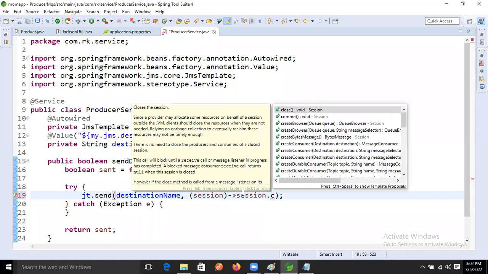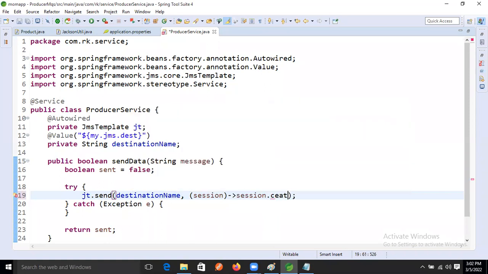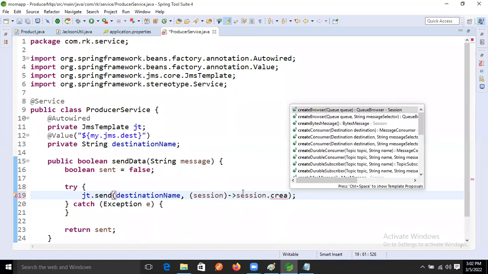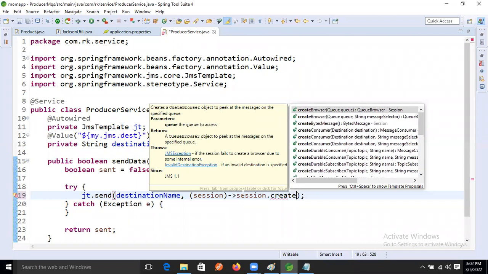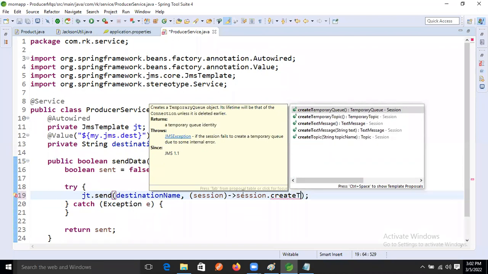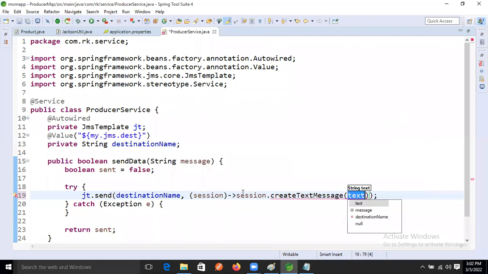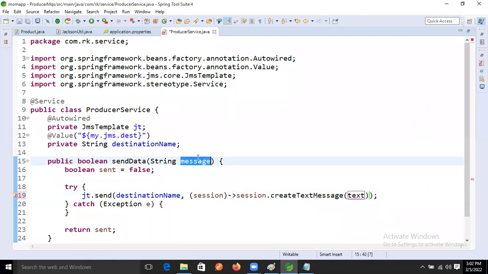Inside this one, create text message with the argument, and this argument message we will pass here. Pass this message.